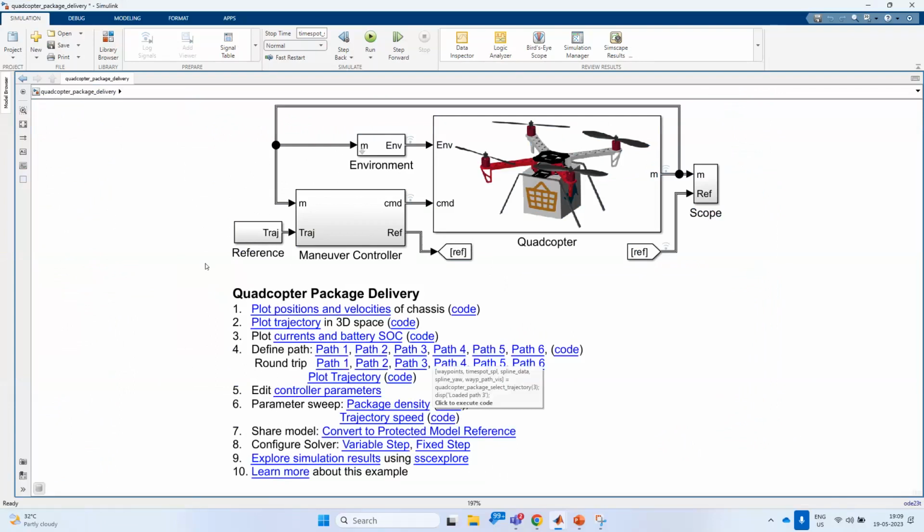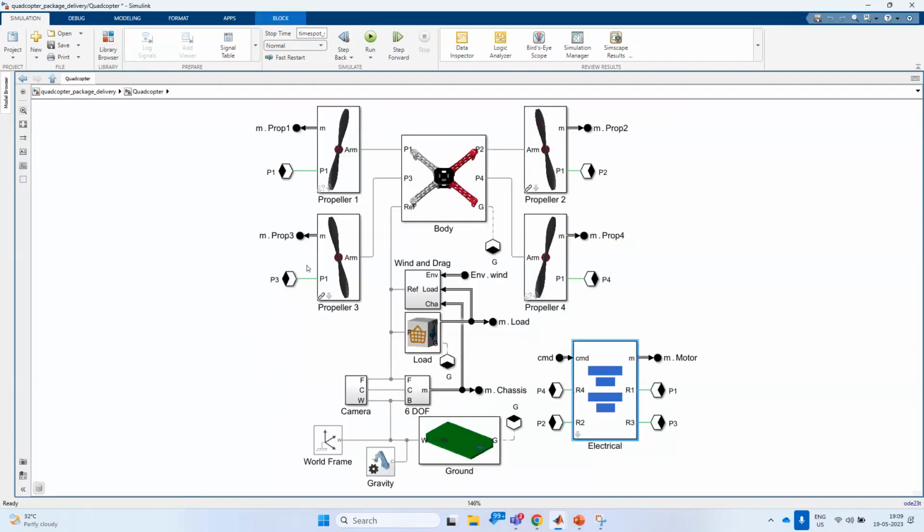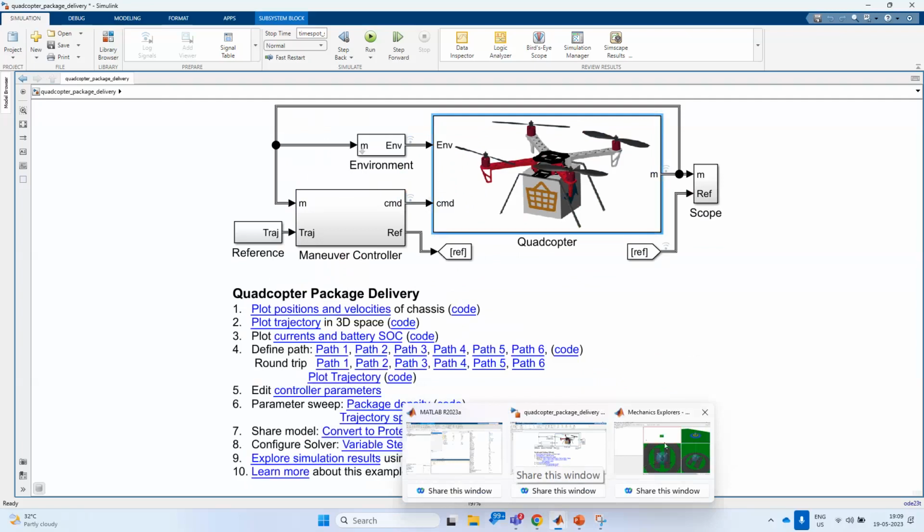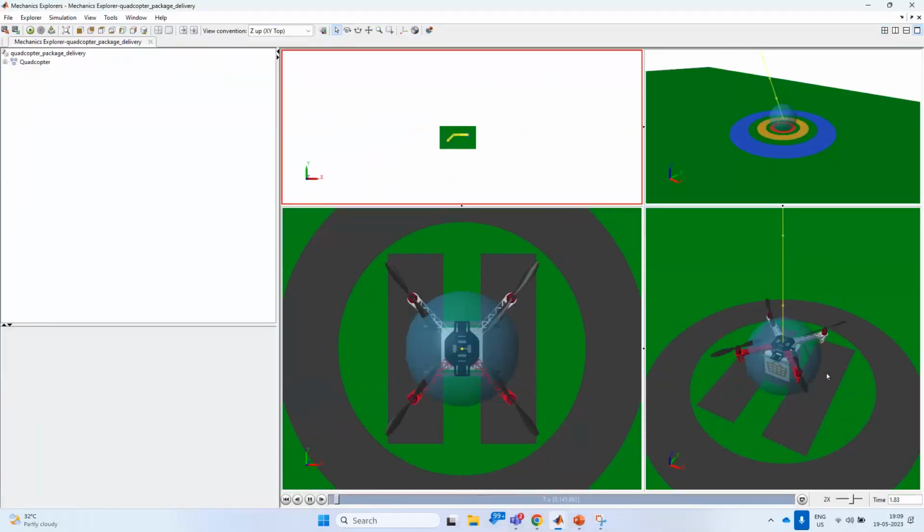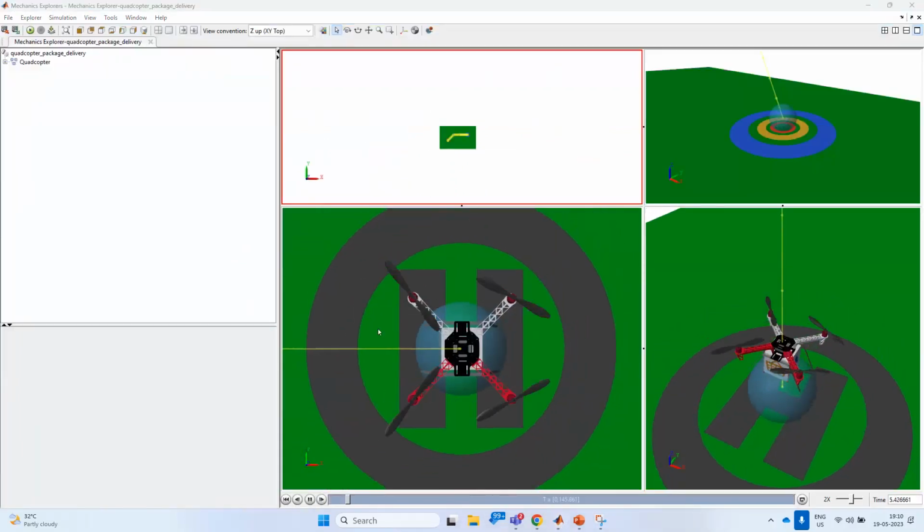So this is how the model looks. Again, this is system level modeling. Over here, you can have multiple components. You have the full body of the quadcopter, then you have different propellers, then you have electrical components for powering up the quadcopter, and then you have an environment. We'll come back to this later. And it looks something like this when you simulate it. So you can see over here that these are